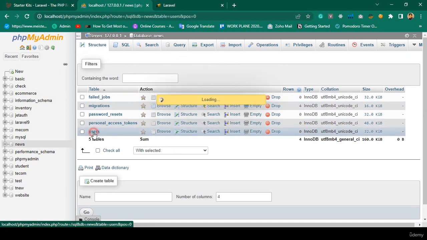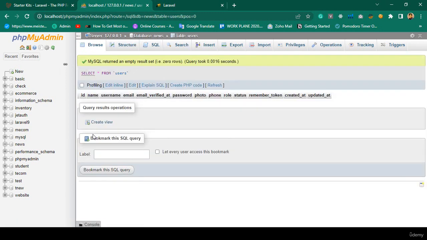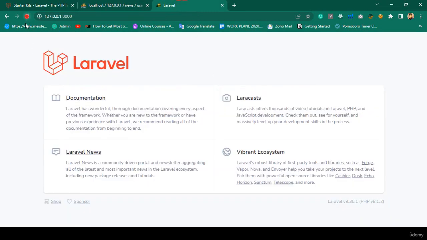Now if you go to our user table, you can see I have added some fields: name, username, then photo, phone, role, and status. Great. Right now if you go to our project and refresh it, there should be two things. One will be login, another will be register. Okay, both of these are visible, and now if you go to our login,